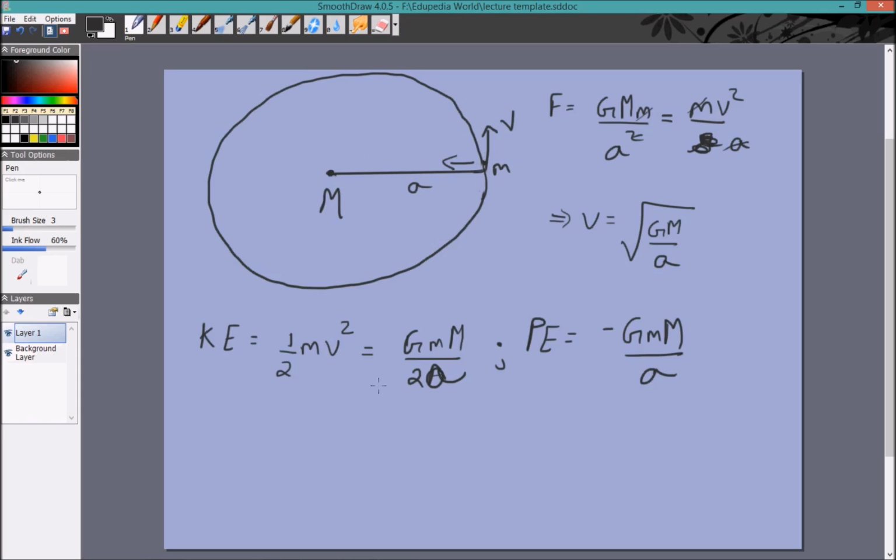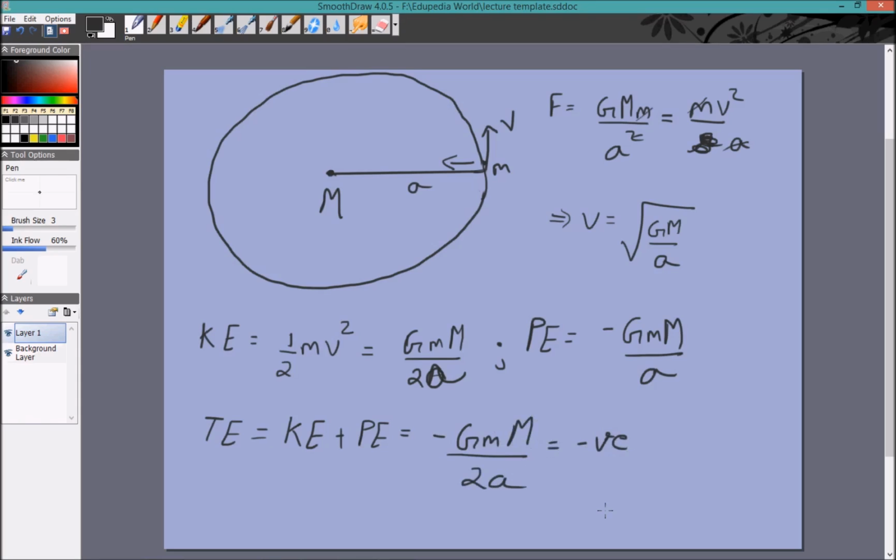This is the potential energy of two particles which are kept at a distance a apart. Now this is again just a side note. This is another point where Newton's result comes into play, that you can actually assume that a solid sphere is simply a particle kept at its center. If that were not true, then all these results would not be valid, because we are talking about two point particles. What is the total energy in this case? The total energy is the sum of the kinetic energy plus potential energy, and that is minus GMm by 2a,